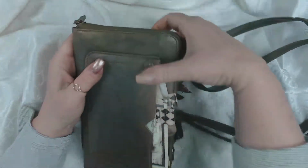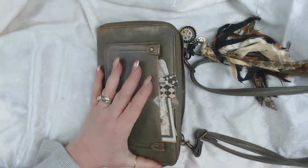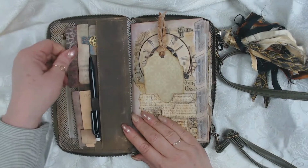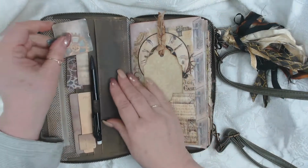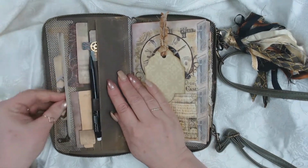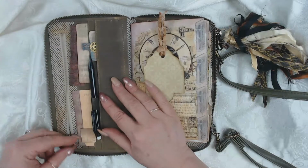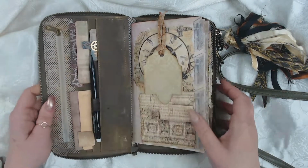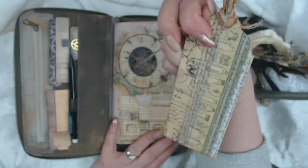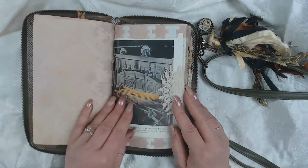Now we will do the flip through. So you open it like this. You have pockets with journaling cards, a mechanical pencil, a pocket, a little notebook, then we have our "this book belongs to." We have,